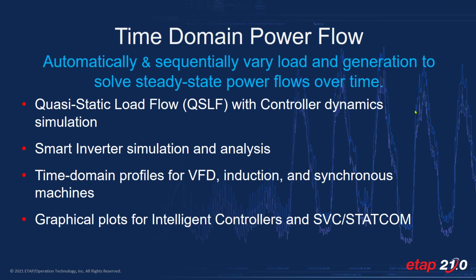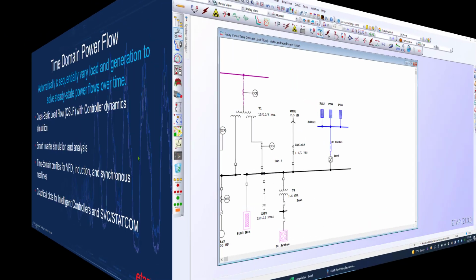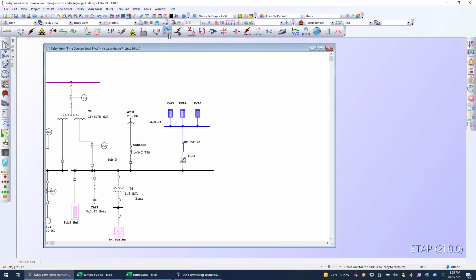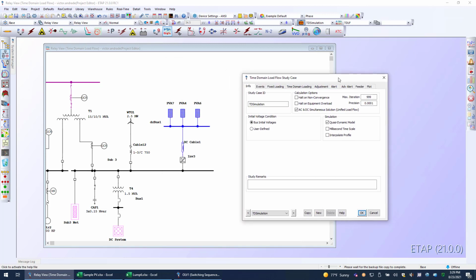Time domain power flow, or time domain load flow, allows you to automatically and sequentially vary load and generation to solve steady state power flows over time. ETAP 21 is able to perform quasi-static load flow with controller dynamic simulation. So going over to the time domain load flow study mode and selecting from the study case the quasi-dynamic model simulation